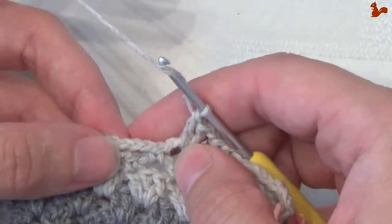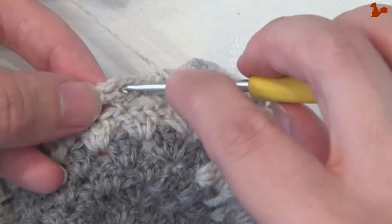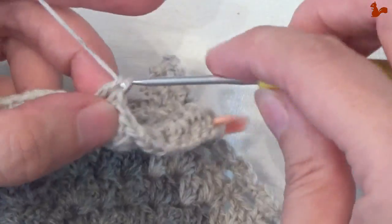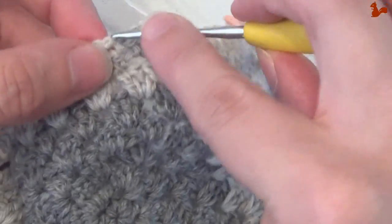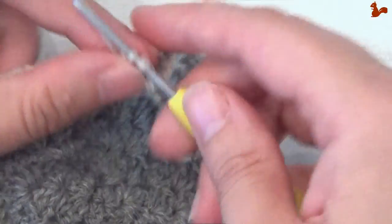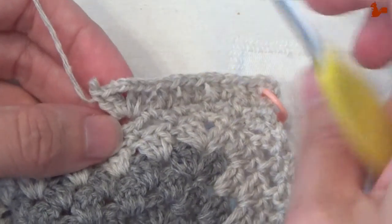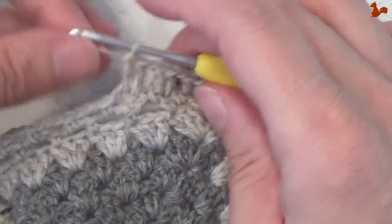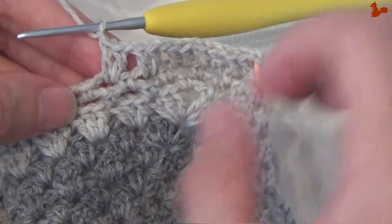Then the next corner, if I just imagine that this here is the next corner, is then chain 1, and then if this were to be a corner, you would then do 2 trebles. Just need some yarn, and then of course a chain 3 for a corner and 2 trebles, and then that would be your repeat all the way round. But this is of course not right here, so I'm just going to take this out. And there we go. So repeat all the way around, 2 trebles in the chain space, chain 1s in between,